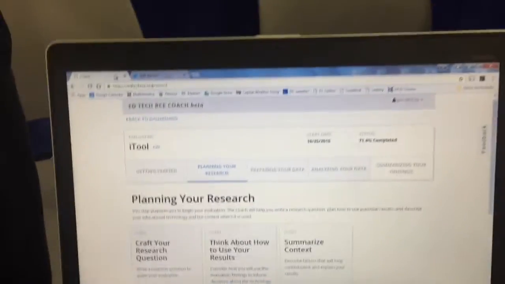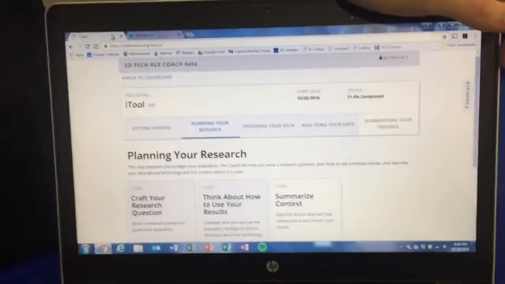So say I go out and I buy some product. You roll it out in your classrooms. Let's say half of your third grade classrooms are using your new iTool. What this RCE coach could do for you is to look back at the students who've been using iTool, and compare them with students who are not, and look at their test scores in reading. So we're going to create a valid comparison group among those third graders of whether or not iTool is moving the needle on test scores.